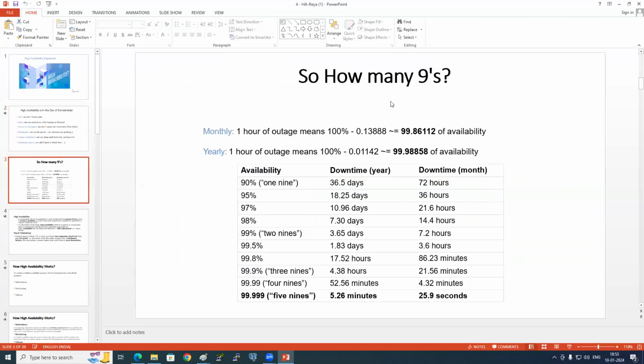And I told you that high availability is measured in nines percentage. So the customer will come and say, Babu, how many nines will you give? Don't start giving a mobile number, double nine something. It is not the mobile number. You need to give at least 5 nines. How many nines? 5 nines, 99.999%. That means only 5 minutes your website is down for the entire year. If it is 5 minutes down,